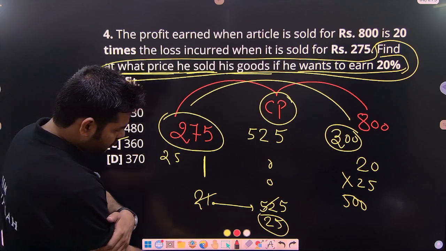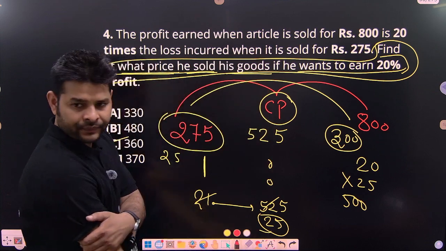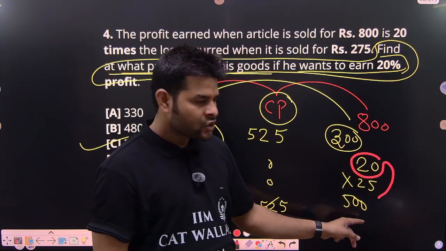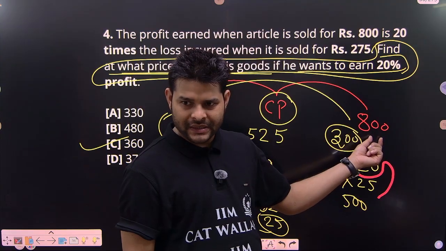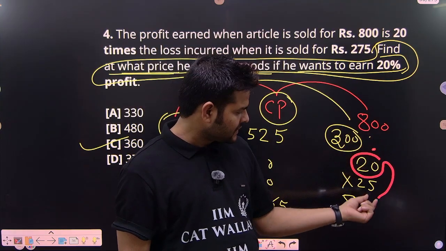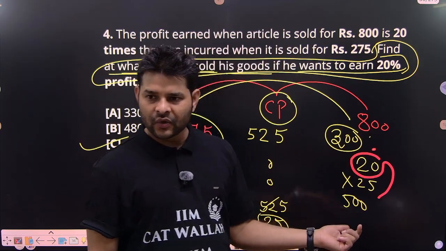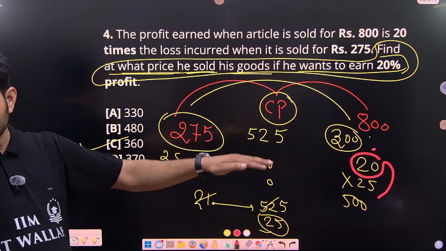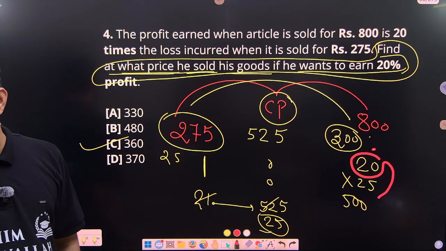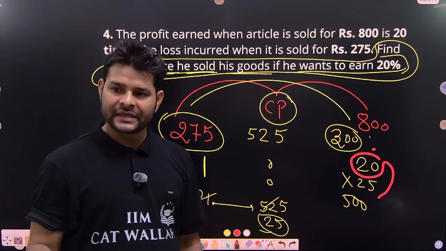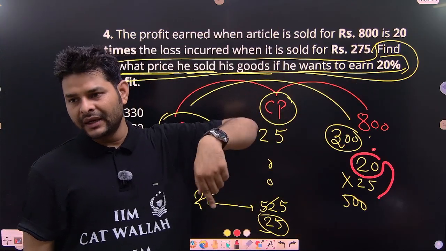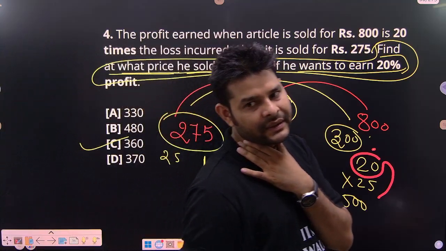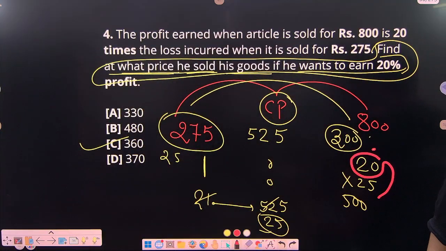1 unit value, guys, is 25, and 20 unit value would be 500. So after selling a product at rupees 800, there is a profit of 500, so the cost price is 300. Now on the real cost, you know well, profit and loss is always calculated on CP. So I need to calculate 20% profit on 300, which would be 60. So the selling price would be 360. That was your doubt.